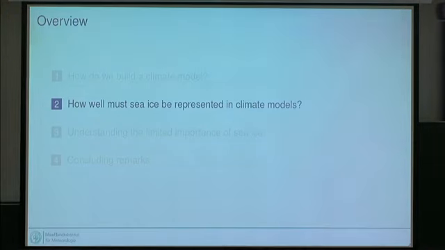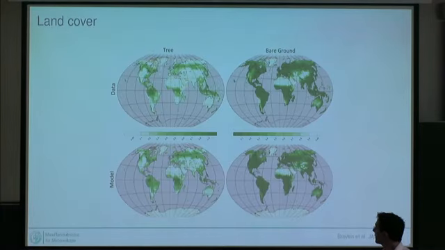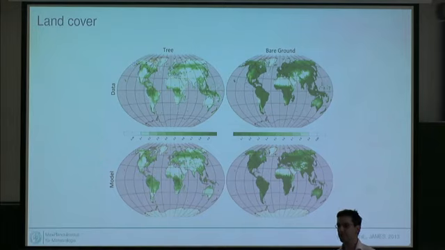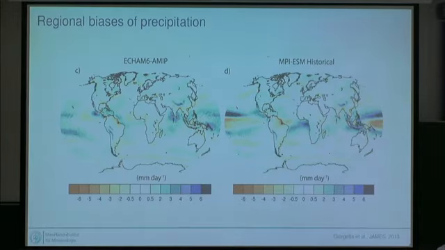What I'd like to get to now is how important sea ice is for any of this. Just before you move on, you said earlier you can't tune for regional things, and I understand that. On the other hand, you look at that graph of vegetation, and I noticed that Australia is rather greener in your model than in reality. Is there any way that you can use that as an assessment to say what's wrong with it? Yes, certainly. That is probably something that points towards errors in the precipitation.